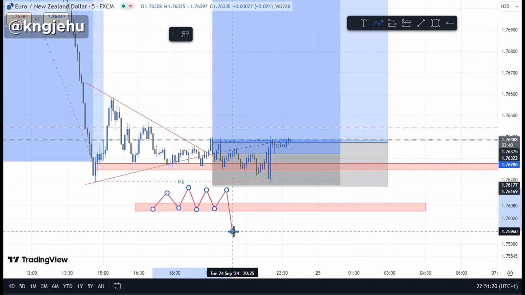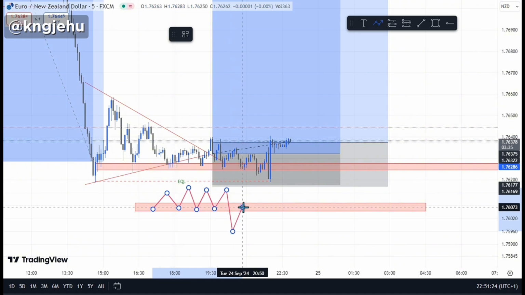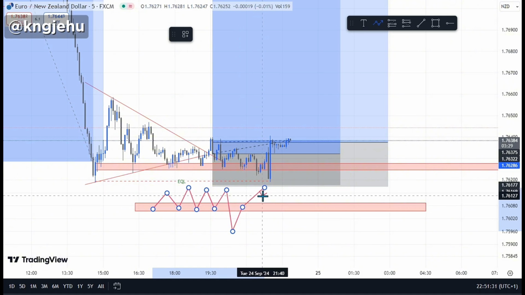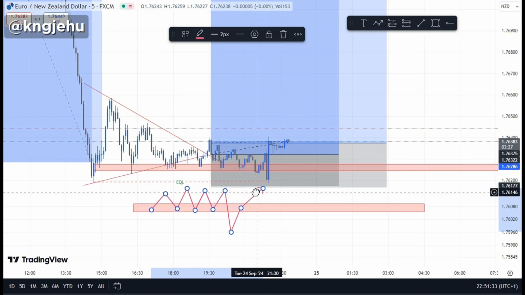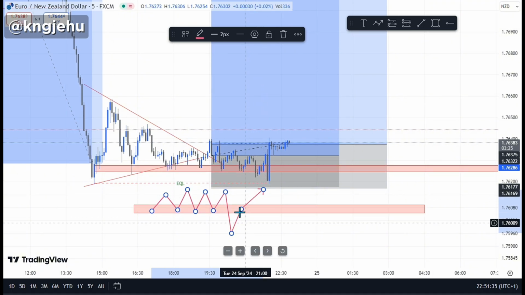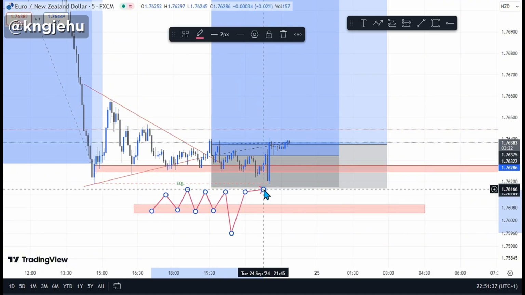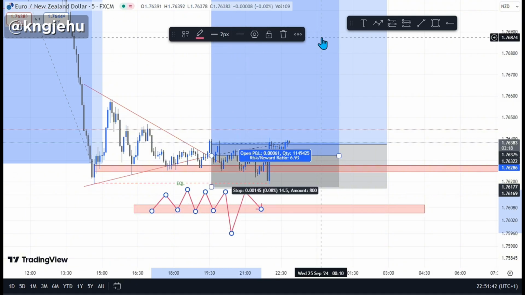Whenever we have a support zone and price has been reacting off it, right, the moment price breaks it, you're not supposed to start selling. You're supposed to wait maybe for a retest, then it changes to sell, or you're going to wait for it to continue, for it to go above. When it goes above the zone, it will come back and tap into that zone, and then you are going to buy